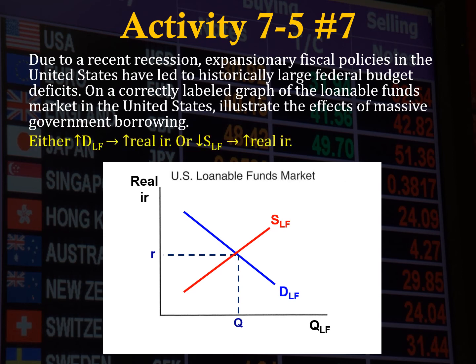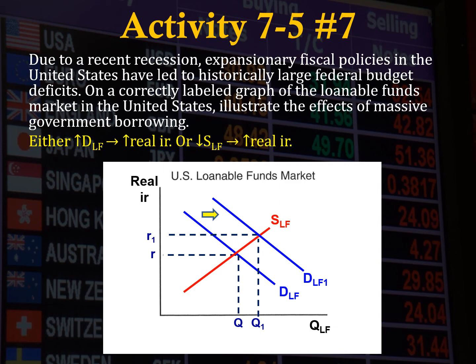Because of massive government borrowing, you can either shift demand to the right because the government demands more funds to borrow to pay for their programs, or it decreases the funds available for the rest of those that go to the loanable funds market, so supply shifts to the left. Either way, and let's use the demand shifting to the right, the real interest rate goes up due to the